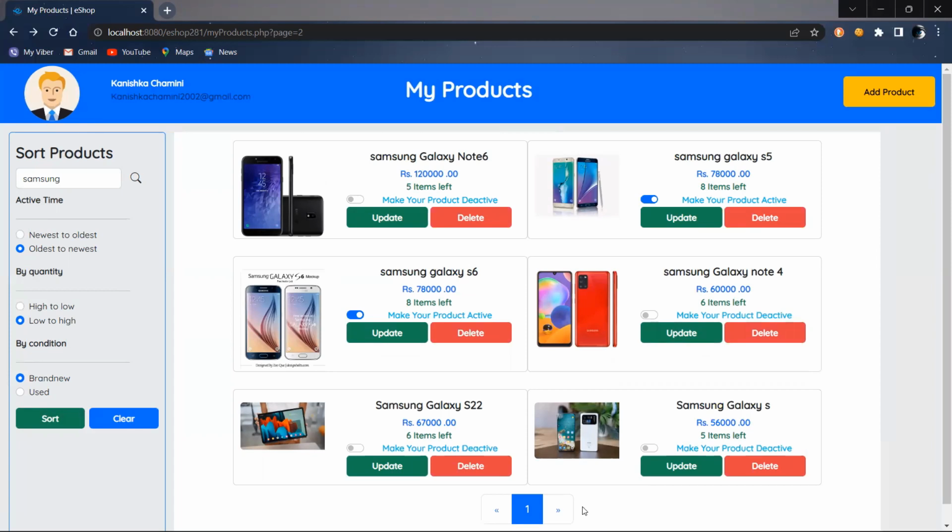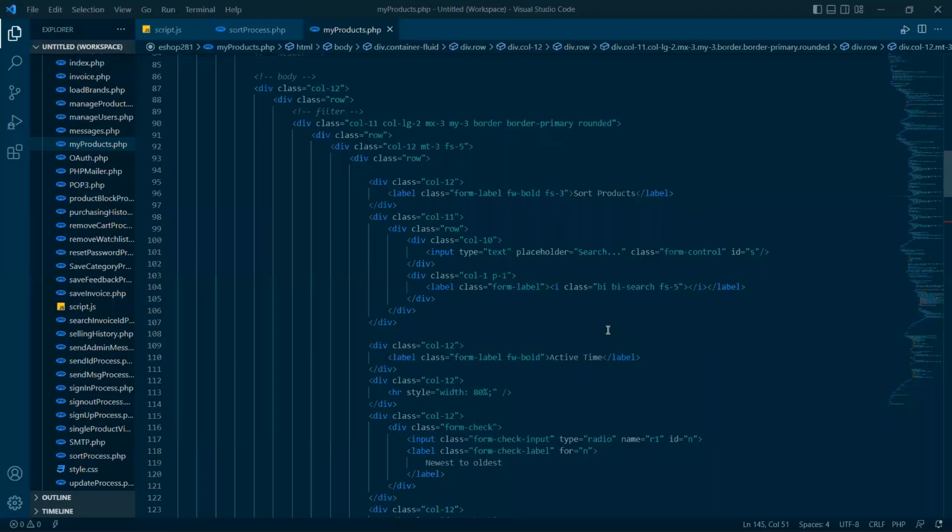Now let's see the coding part of this page. I have included that product sorting part in the same page as my product page. So it will start from here, from this div tag with col 12, col 11 and col LG2. Firstly, by using a label tag, I insert this sort product text, and again inside the col 11 class div